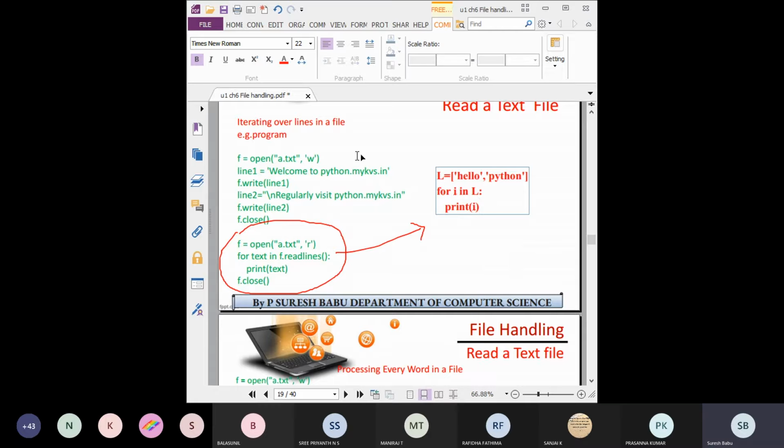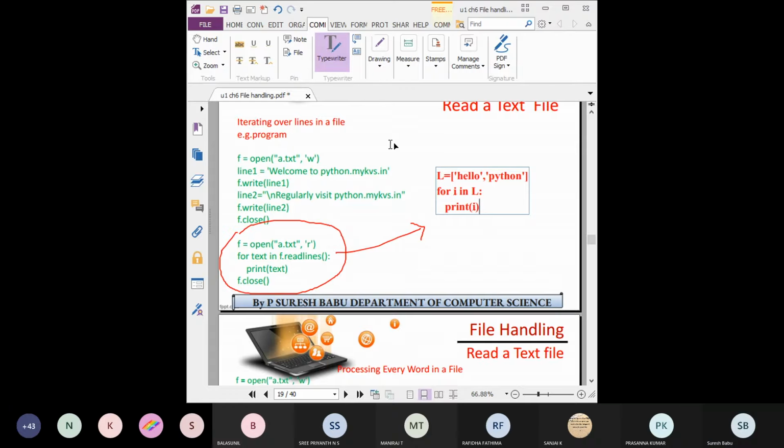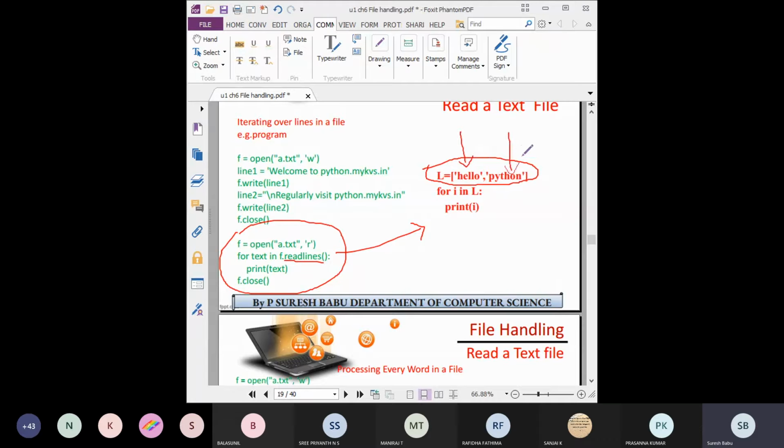The same thing will happen here also, so kindly note this down. Readlines gives the output in this format. It reads the entire content in the form of a list. Every line is treated as a string. The first line is the first string, the second line is the second item of the list. So using a for loop is the same as this coding. Now the output will be the first line displayed first and the second line second. That is like an iteration: we are iterating every item of the list. Understood, everyone?